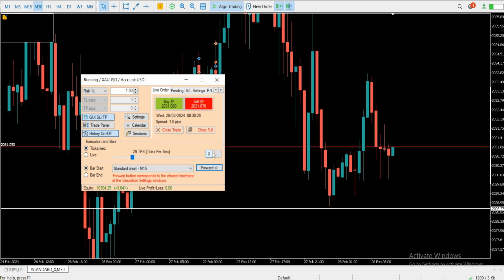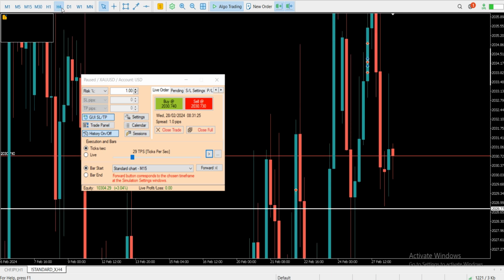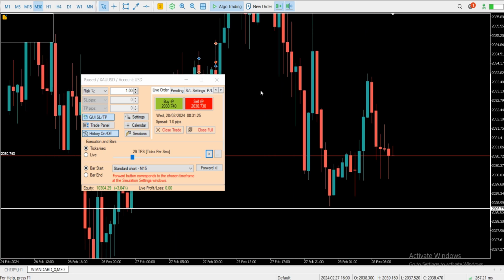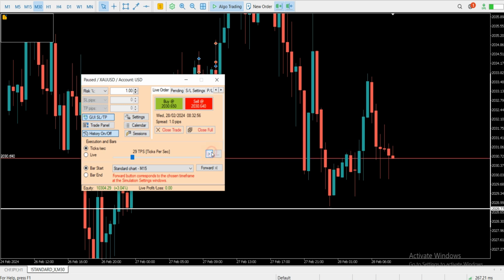Forward. Looking at the 4-hour, yeah, it's rejecting. This can maybe break the high right here. I think there's a very high possibility that this candle can go up. We'll see how this candle